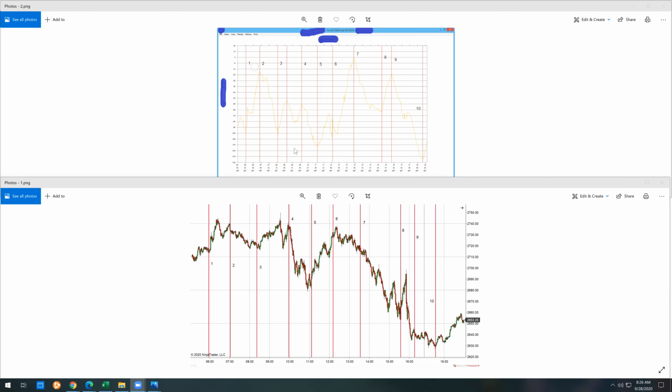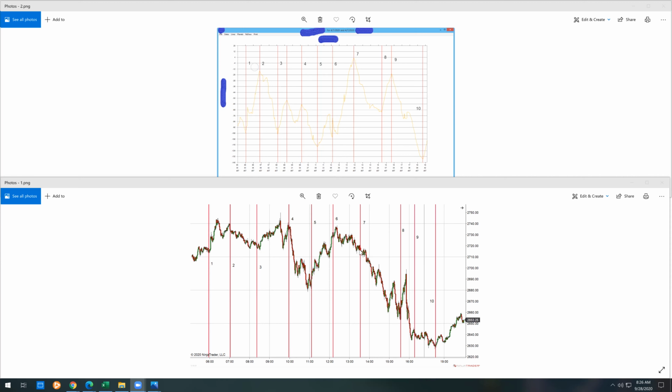in the market. You see this other minor high that's not marked is this minor high on the bottom chart. We go to number 5. Number 5 is a low. Number 5 is also a low on the price chart. At number 6, we get a low, which comes in at just a minor low on the price chart.